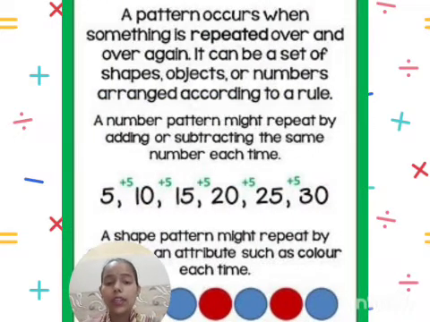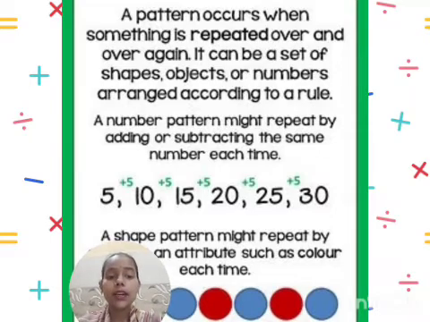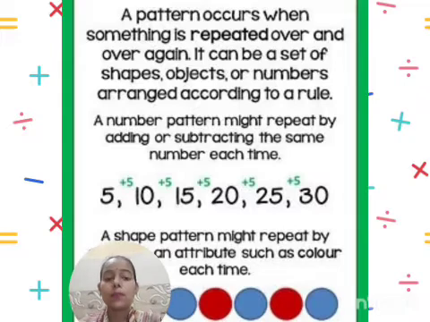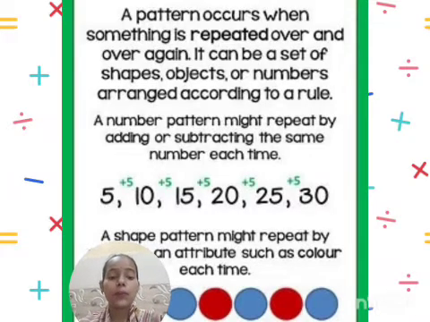A pattern occurs when something is repeated over and over again. It can be a set of shapes, objects, or numbers arranged according to a rule. A number pattern might be repeatedly adding or subtracting the same number. If we are adding 5 and 5 and 5 repeatedly, that is called an added